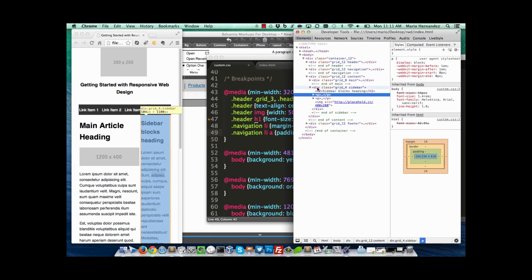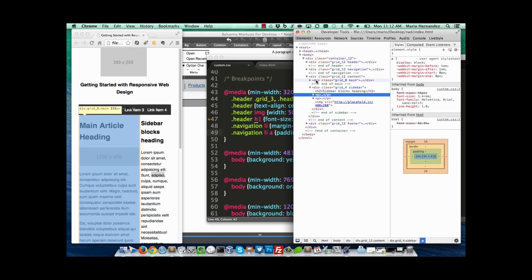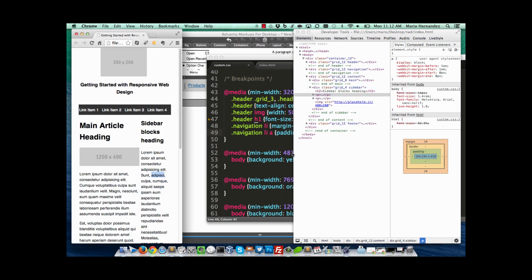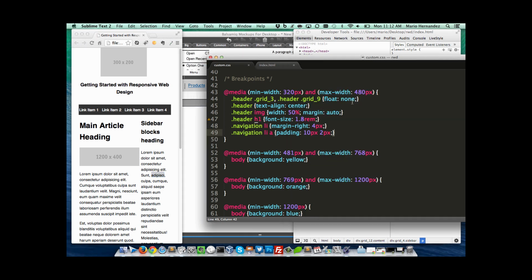So you can see we have the sidebar very tiny, and then the main content. We probably don't want them side by side. What we want is to have them one after the other, just like we did with the logo and the title of the website. So I can use the same rule up here to eliminate the float of the main content